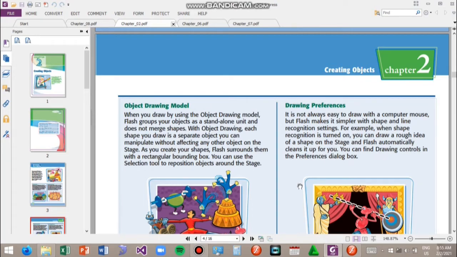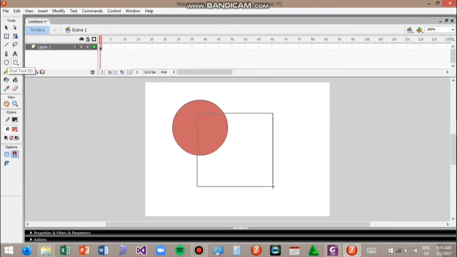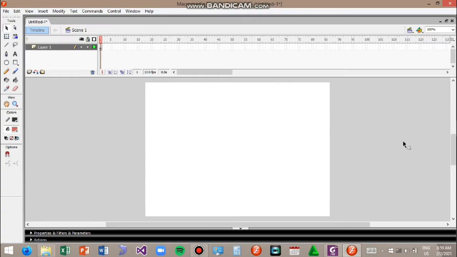So to see that, let's have an example. This is your stage. By default, when we draw a shape here and another shape here, and we want to move this shape, as you can see, it merges. So this is called a merge drawing model. How can we now create an object drawing model?